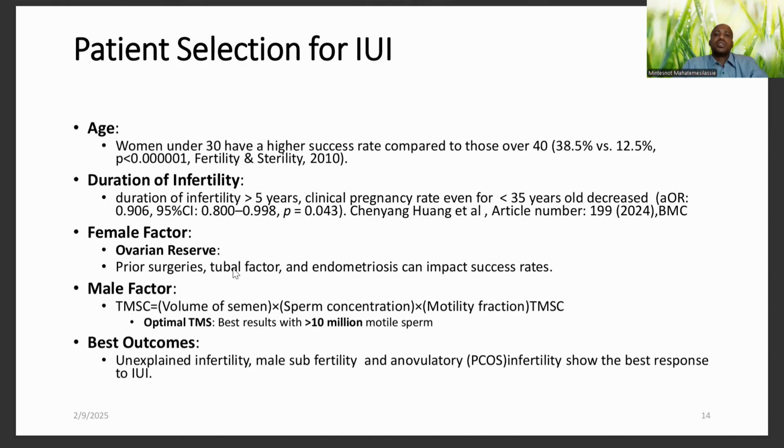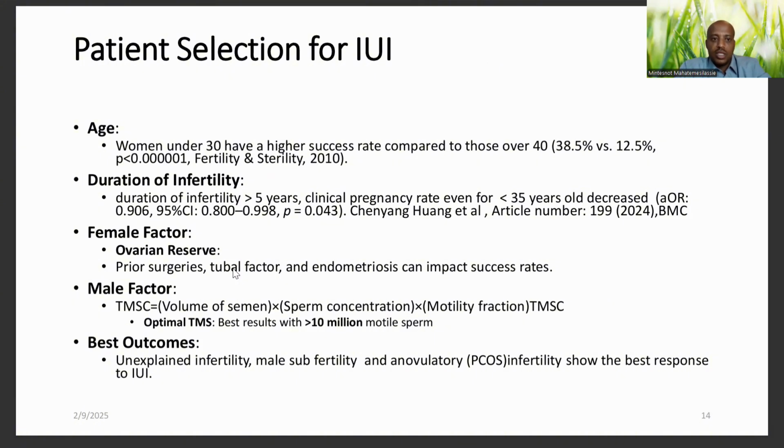So the other very important thing in IUI is patient selection. We cannot use IUI for every patient. We have to select which patient will benefit from this procedure. The most important thing is age, especially if the age of the woman is less than 30, the success rate of IUI is high. If it is less than 35, it is also good, but the effectiveness is significantly low when the age of the woman is